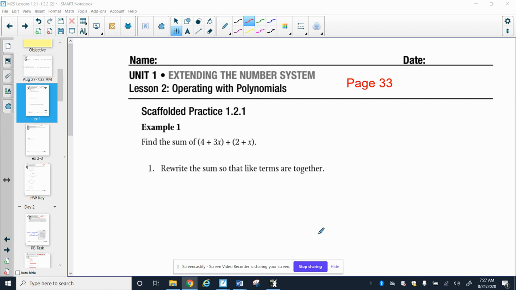Starting tomorrow, we'll get into distributing across sets of parentheses, involving double distributing and different things in there. But today it's just simplifying expressions where we have sets of parentheses that have addition and subtraction in between. Okay, so if we were going to simplify something like this, the first thing we should see is that